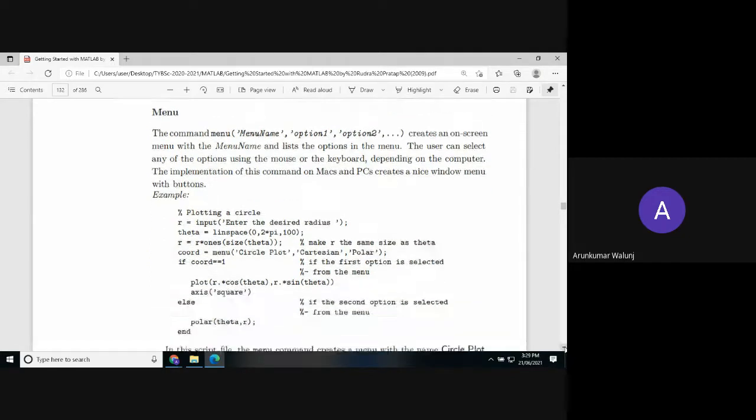Then this is the menu command. The menu command is essentially menu, single quote menu name, comma, option 1, comma, option 2, comma, and so on. You can create a menu on screen. Say for instance, if you are visiting a non-veg hotel or a restaurant or a mall, then the menu display will be listed on the screen with several options. And if you remember, last time in C programming, we generated a menu for the purchase of soaps and the number of soaps in quantity along with the rate, and the bill was generated.